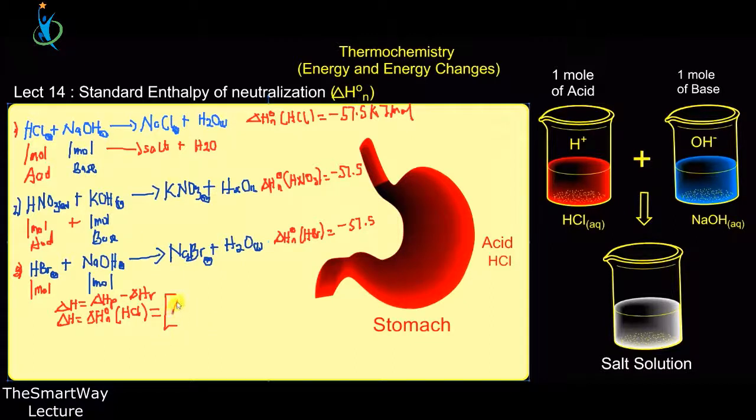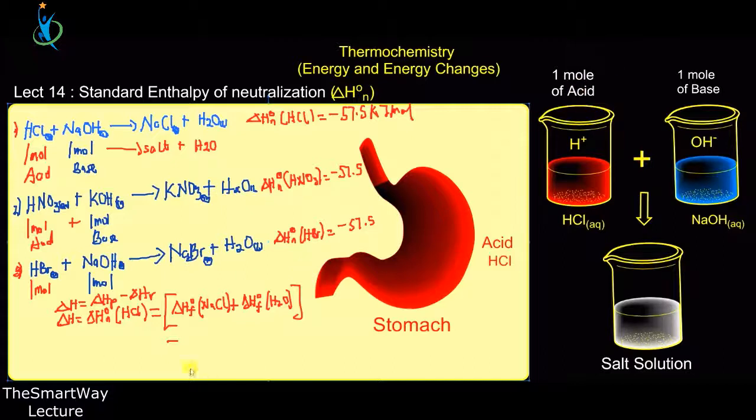So that is, we write the standard enthalpy of formation. I told you that the subtractions are done in terms of formation. So the standard enthalpy of formation of sodium chloride, plus the standard enthalpy of formation of water. Now all minus